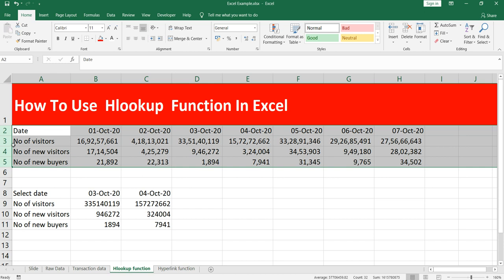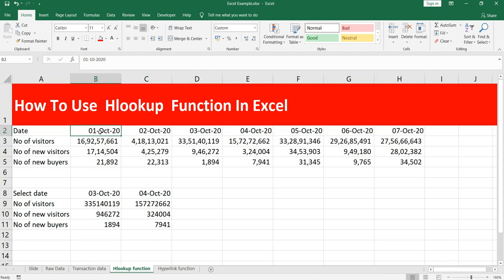So within that range, this row 2 becomes index 1, row 3 becomes index 2, row 4 becomes index 3, and row 5 becomes index 4. So at index number 1 we have this date, at index number 2 we have the number of visitors, index 3 we have number of new visitors, and index 4 we have new buyers. So this is how basically you use HLOOKUP in Excel.